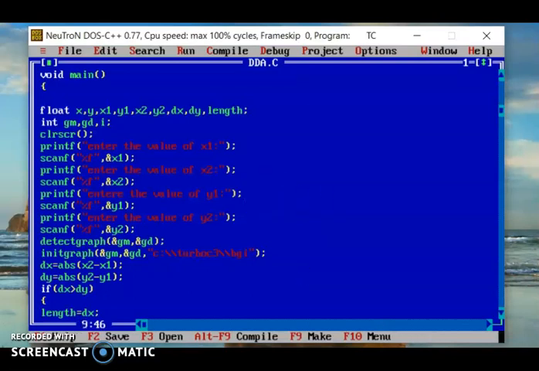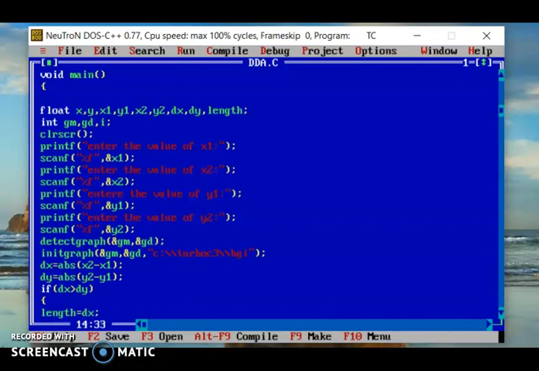Next, with printf, we are taking the values of x1, x2, y1, y2 from the user. You know this syntax: printf in round brackets, in double quotes you write 'enter the value of x1', then close the double quote and round bracket, and then a semicolon.